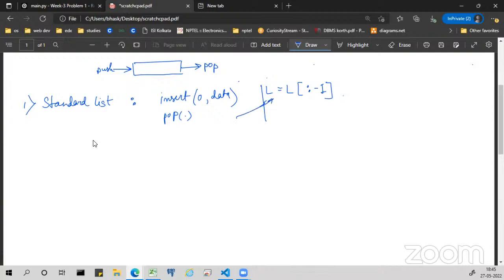So there are multiple ways. In Python, in order to implement a queue, you can use a normal standard list, which is already provided, or else in some scenarios where it is already given, like in this question, a node structure is already given and it is already implemented in the form of a linked list. It's not a standard list which Python provides, it's a linked list. So for linked list, which is my second implementation,